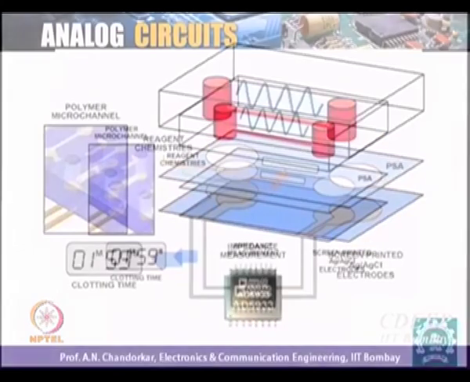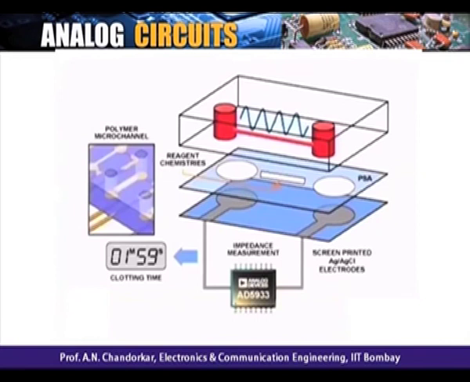How it is done is this. Your blood clots are kept here, then it reacts and keeps finding the impedance at the end. This is done in MEMS now. The chip is outside; this is the MEMS structure. And the whole processing is analog plus digital, because something you have to control by digital. So I am giving you only one example of why analog cannot be ruled out, when people say everything is digital, so why analog? There is a requirement where analog cannot be removed.